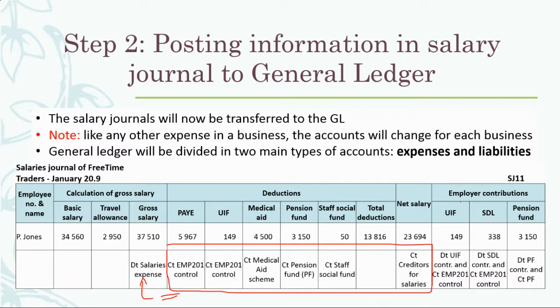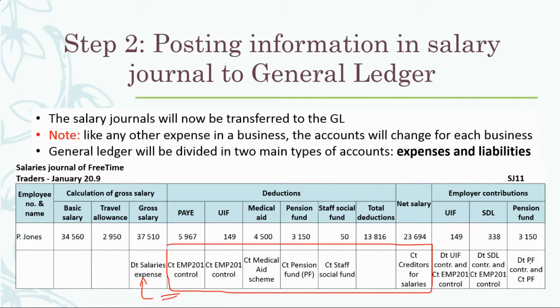And then the employer contributions, this is where we've got both a debit and a credit of the account. So we will debit the UIF contribution account, which is an expense account, and we would credit the EMP 201 account, which is a liabilities account. We would debit SDL contributions, which is an expense account, and we would credit the EMP 201 account, which is a